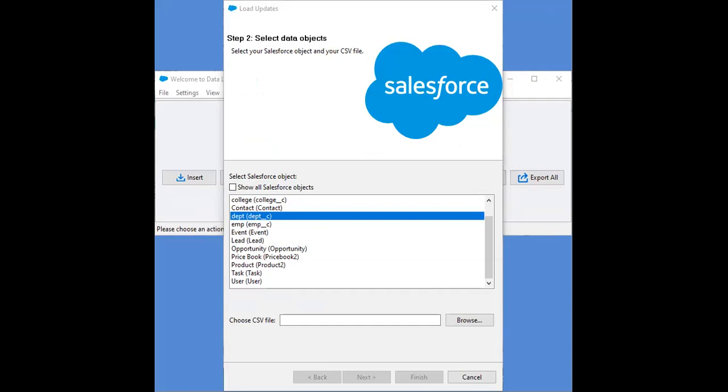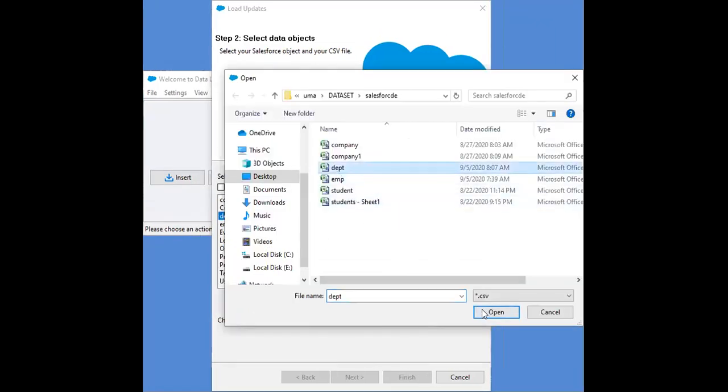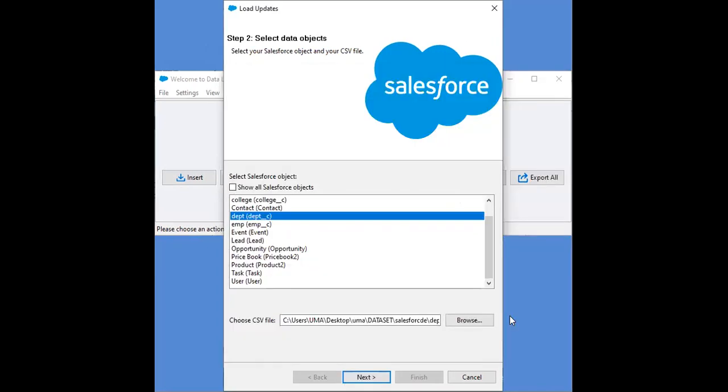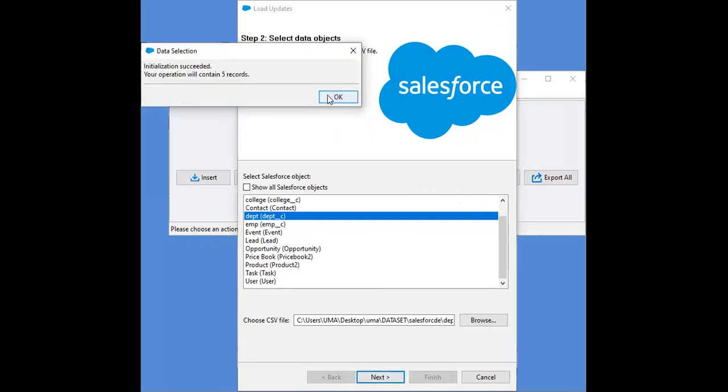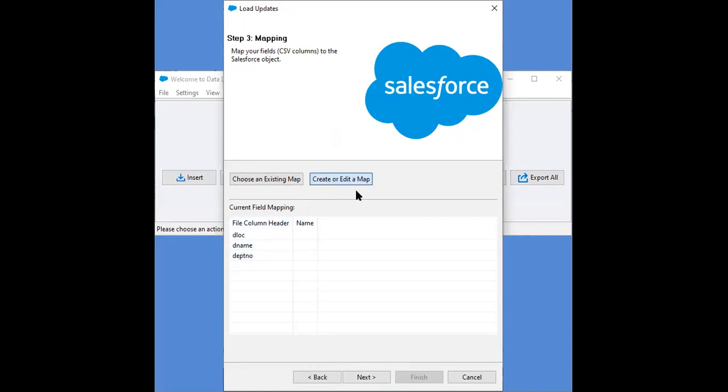Click that one. Browse the file, department. Instead of Hyderabad, I saved it as Tirupati. Next, create a mapping.